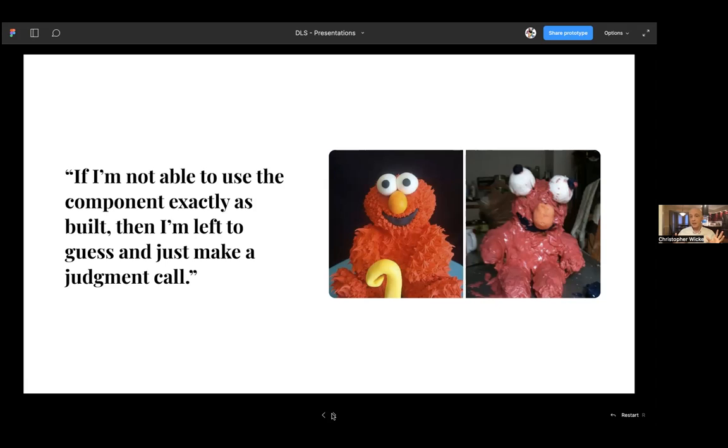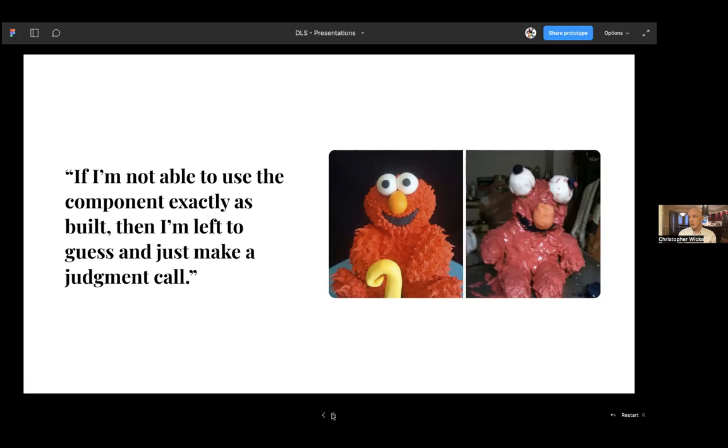So if you go in there and for some reason, whatever combination you need hasn't been accounted for, you have to say, well, how do I reverse engineer this component and try to Frankenstein's monster it so that I can have the thing that I need?